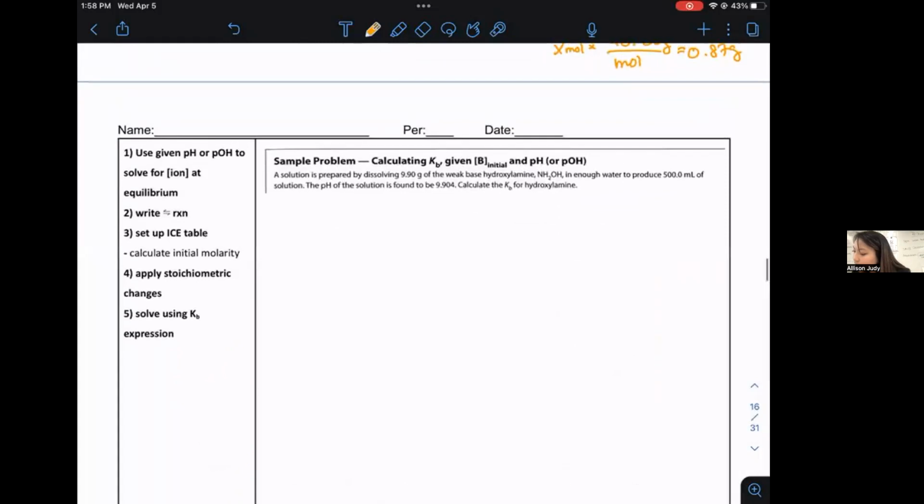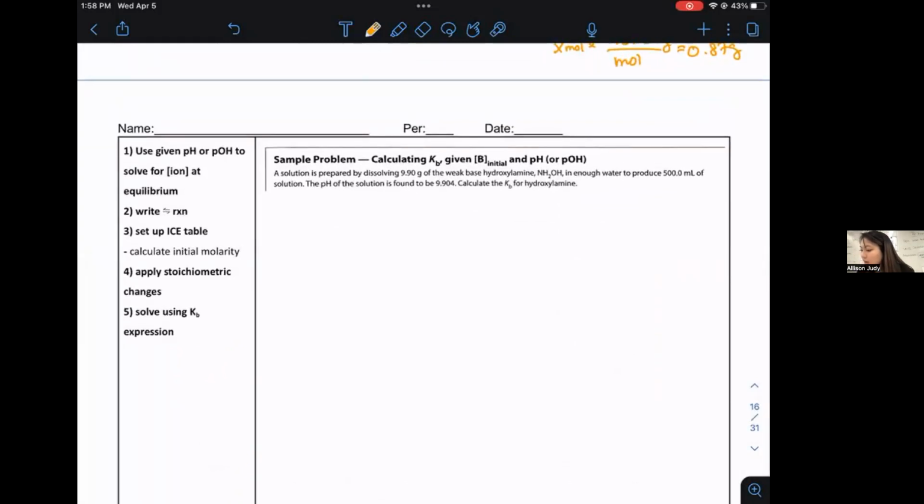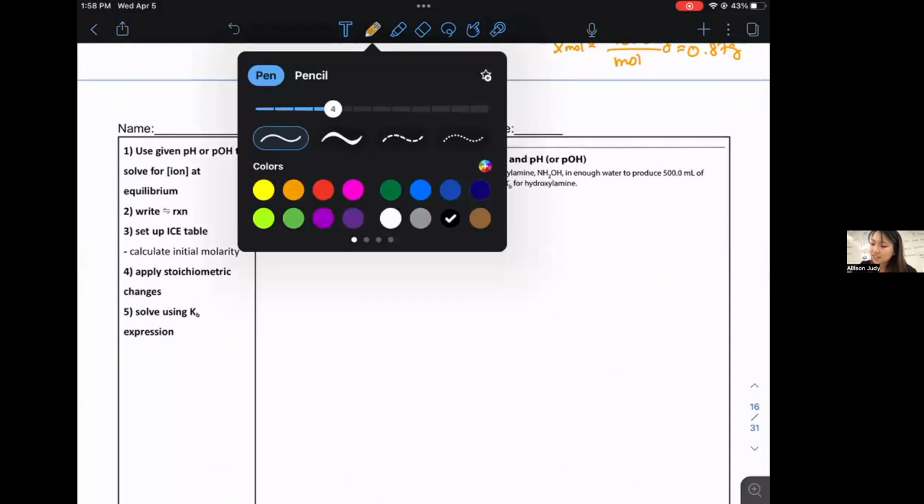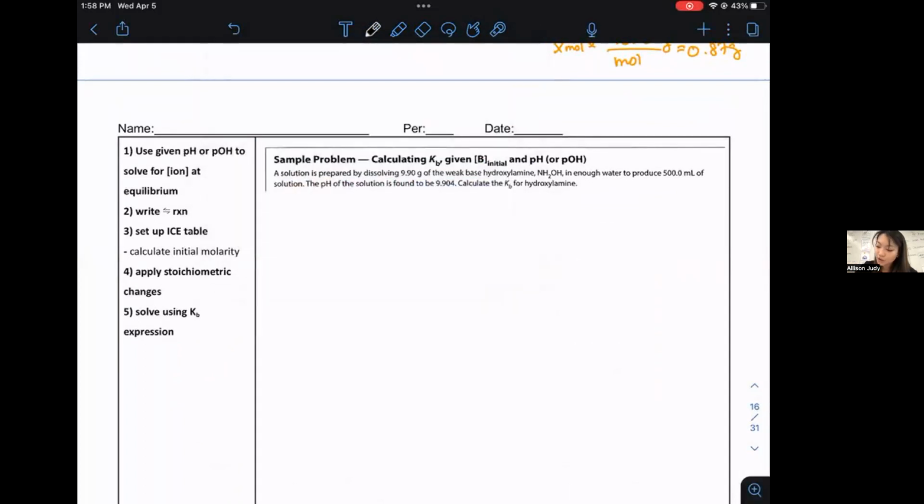Okay. What we have here is we're given B initial, base initial, and we're given pH or pOH, so equilibrium values. And then we just plug in. So here I have a given amount of 9.90 grams of weak base in 500 milliliters. That is, by the way, their way of giving me my initial concentration. Because what I do is I say, well, my initial amount of base